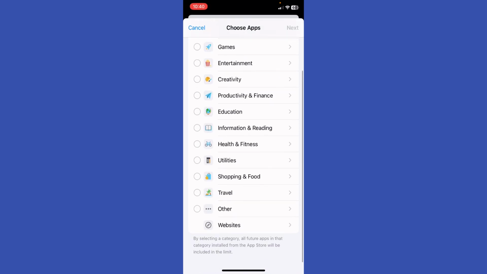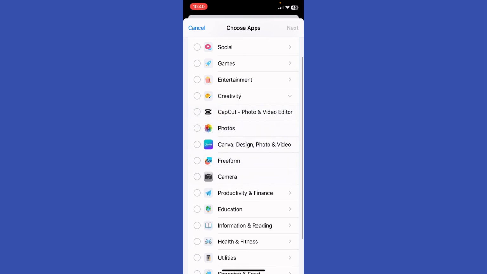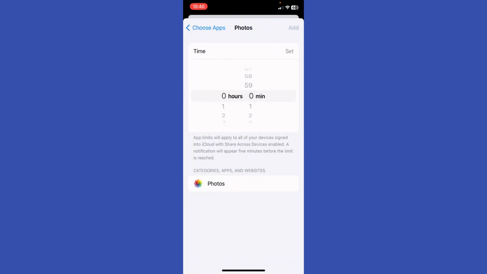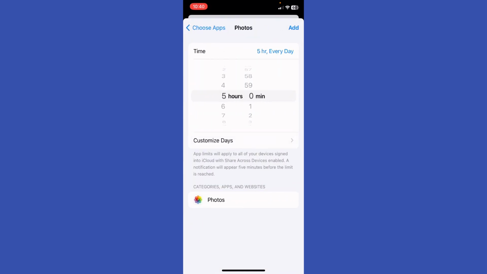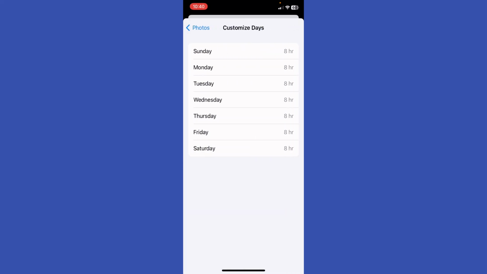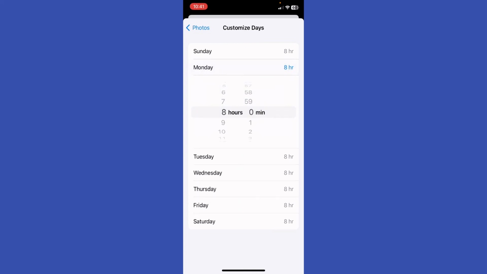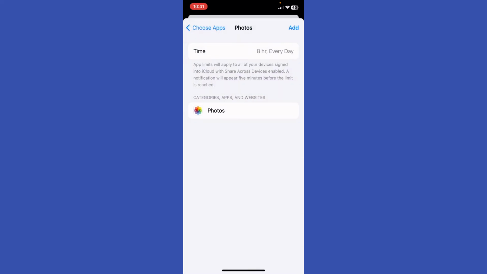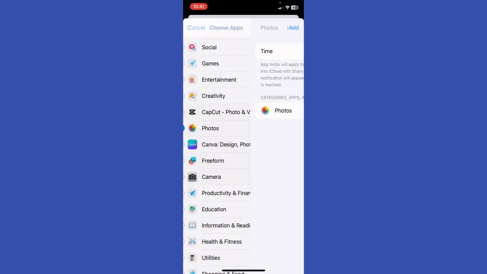You're gonna be able to see Utility, and you're gonna see, amongst other things, Creativity. Just go ahead and click Photos, hit Next, and basically you're gonna be able to set the time for the photo lock, right? And basically if you want to customize the days, if you want it to be every day, or just Sundays or Mondays, or Sunday, Monday, or Sunday, Tuesday, or Sunday, Thursday, whatever it might be,